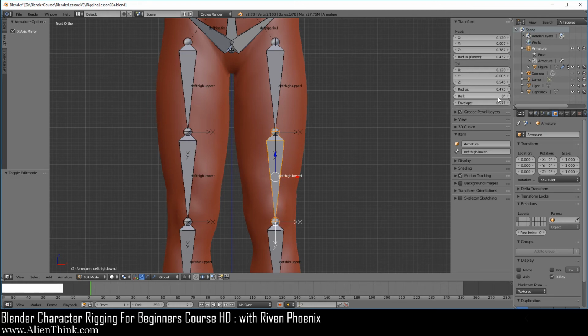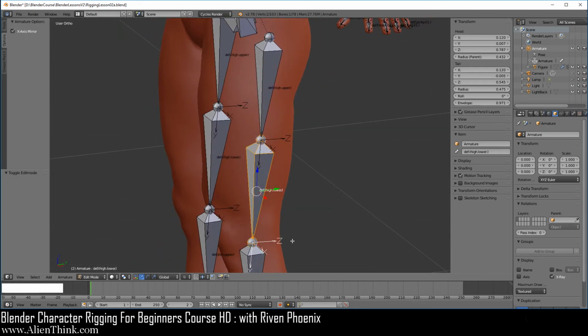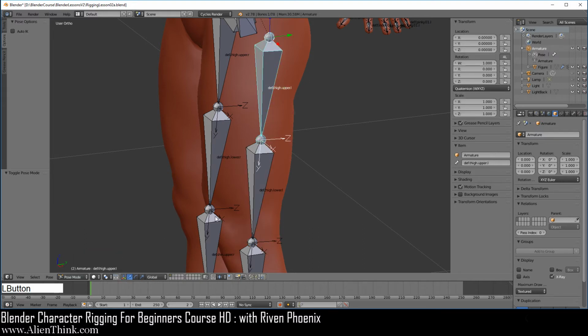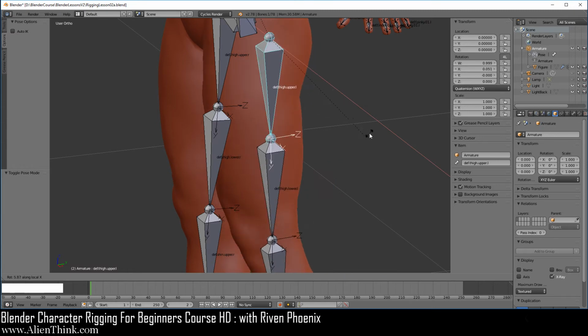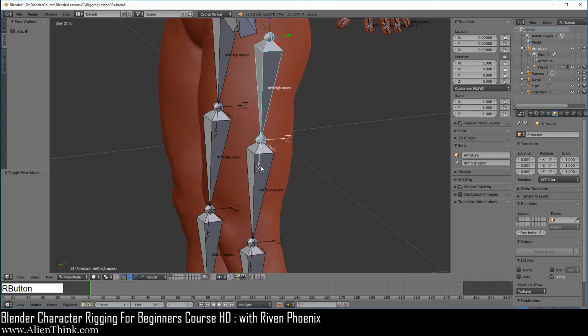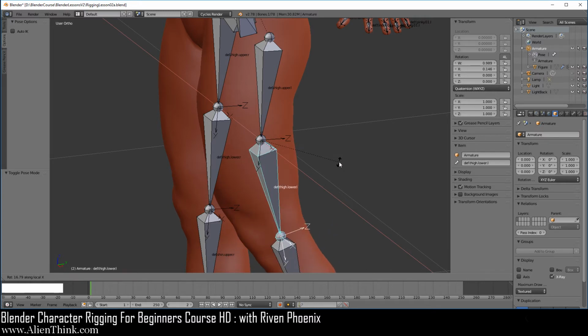So here it's stating it's 0, and if we do the middle mouse button over here, we can see that the Z is pointing backwards, and if we click on this bone, the Z is pointing backwards. So if we switch to pose mode, press the R key, press the X key 2 times, this is the major movement, this is the minor, and it's rotating around the x-axis. Of course, when you click on this, press the R key, press the X key 2 times, it's going to do the same thing, right?